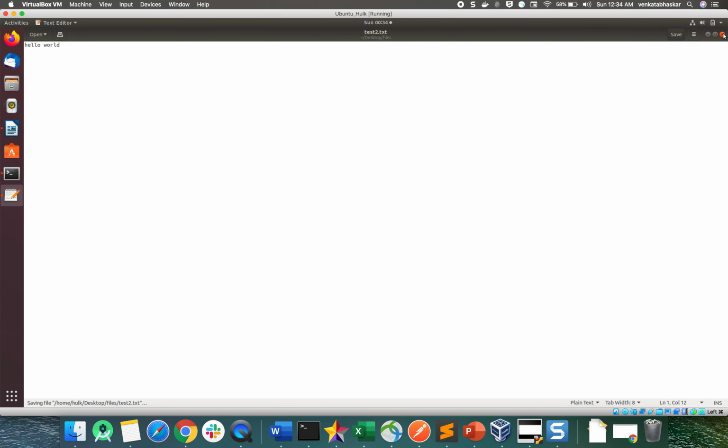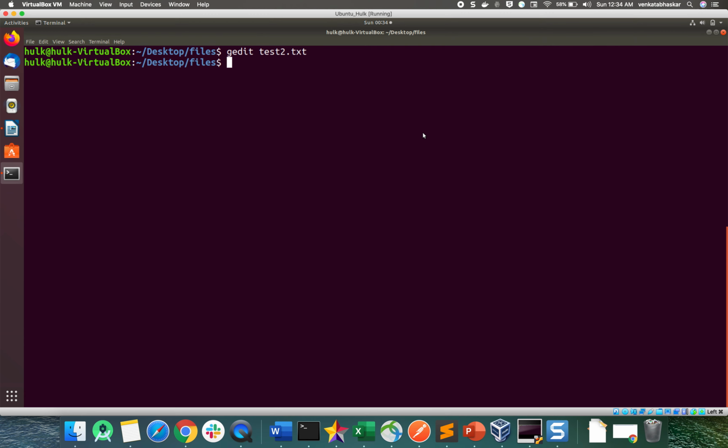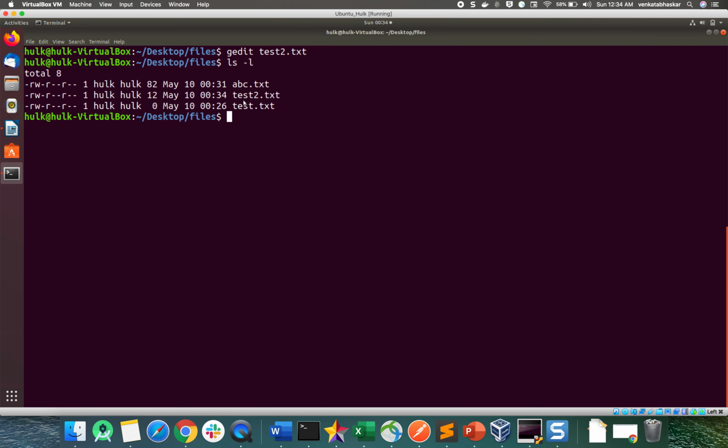Click save and close. Now if you see here with ls -l, the test2 file is created. If you want to see the data, cat test2.txt. See, the cat command is used to see the content. It is used to create a file. It is used to append some data. This is using the gedit command.